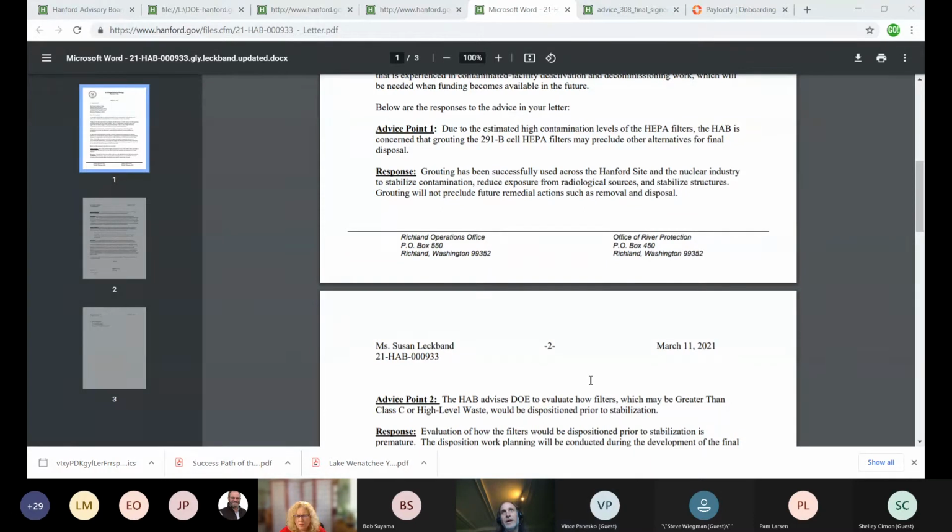I definitely hear that. I was more uncomfortable with the response to this advice until the action memo got released this morning or distributed, and there's a comment response section in there. And some of the other responses that DOE had to public comment about grouting were that there's going to be an evaluation engineering study to look at other flowable fills other than grout,